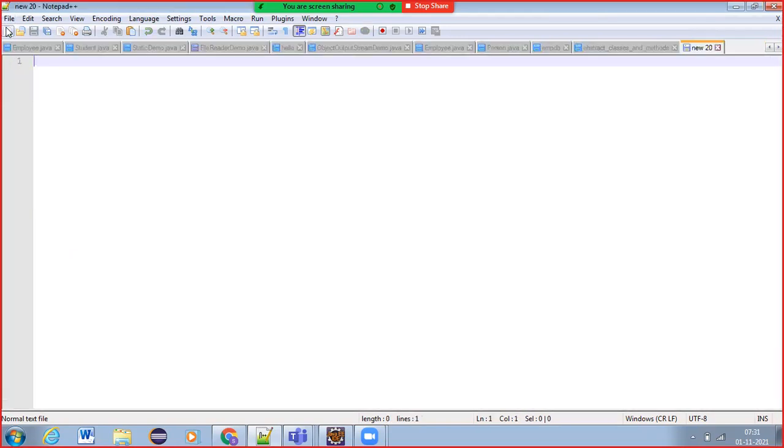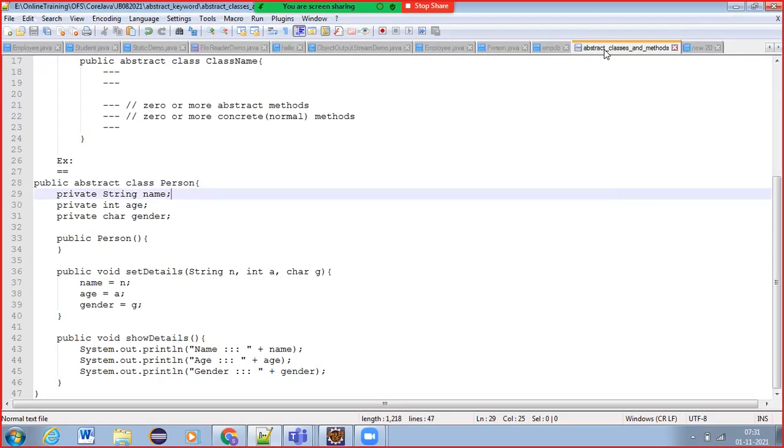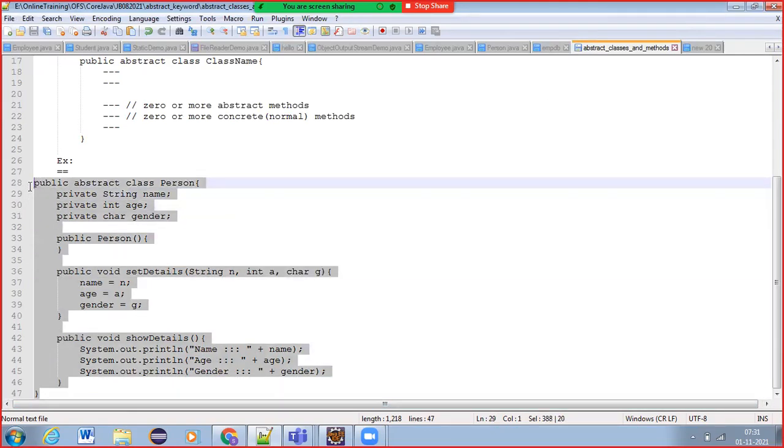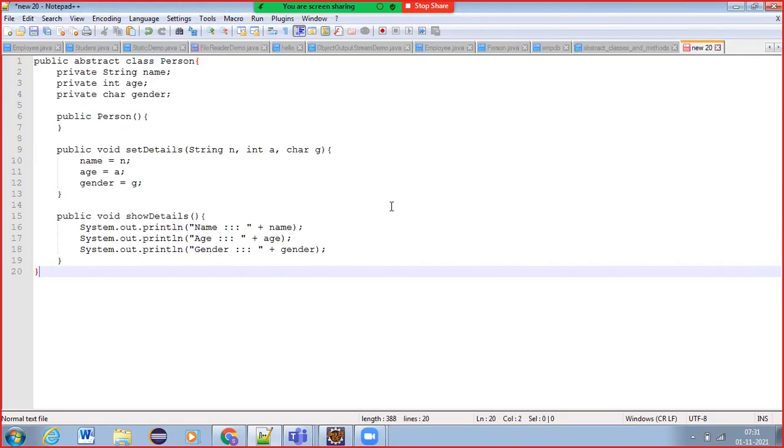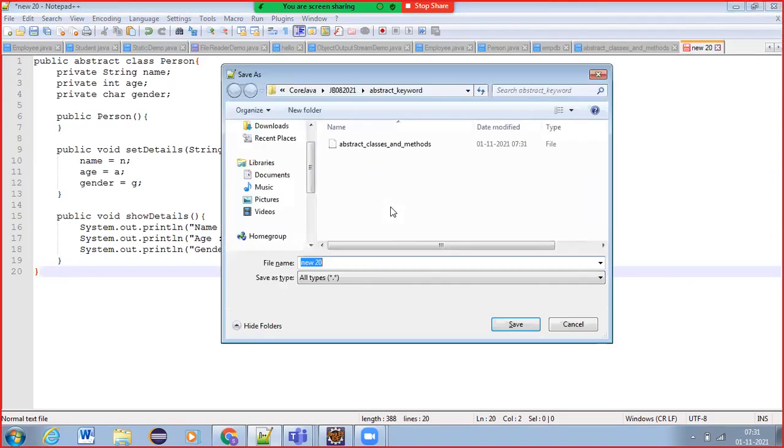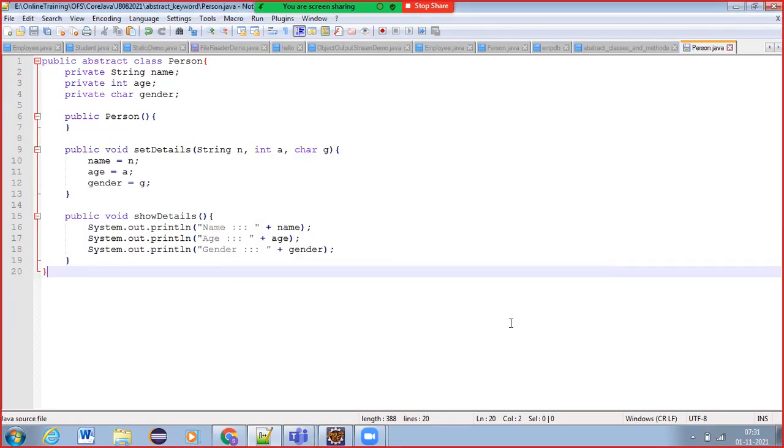Now create the abstract class. How do we create it? We already have the code. Now save this person class as Person.java.